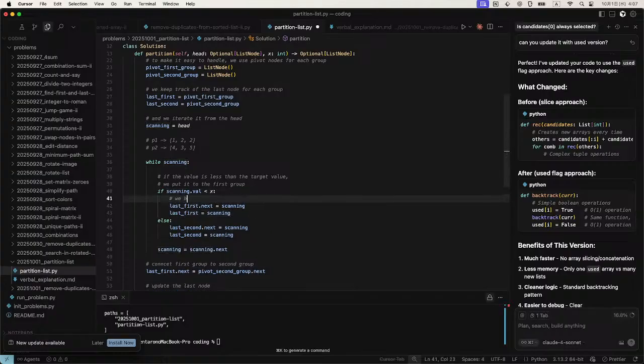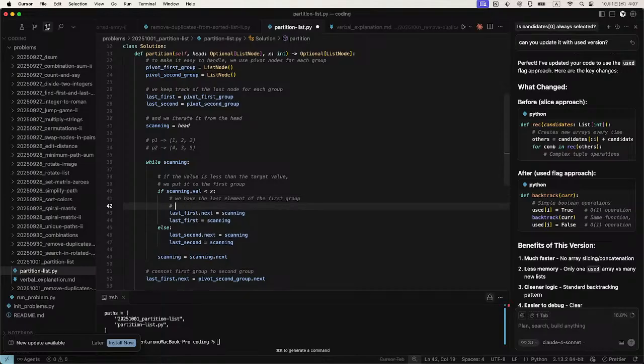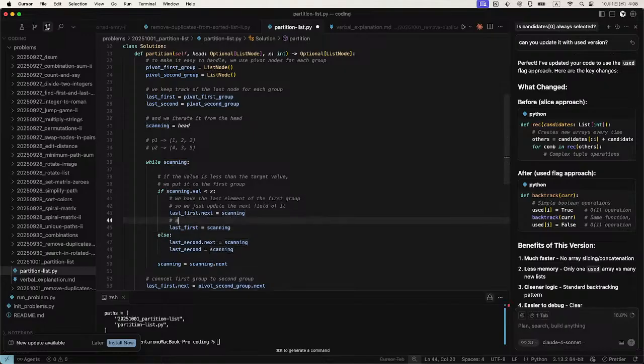Yeah, we have the last element of the first group. So we just update the next field of it, and then